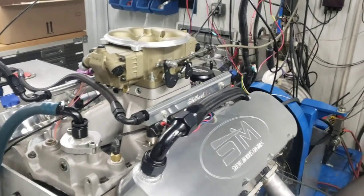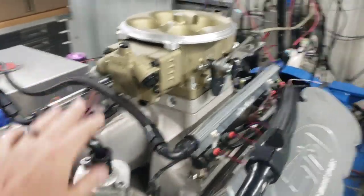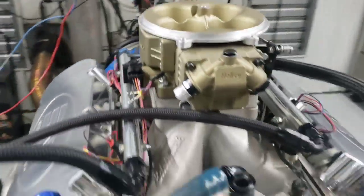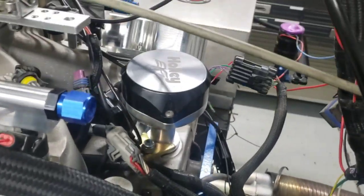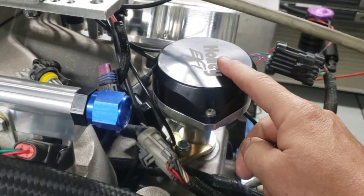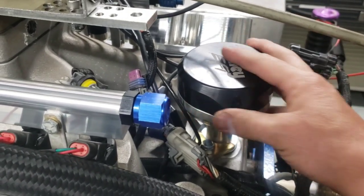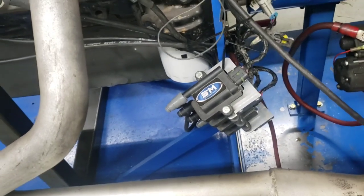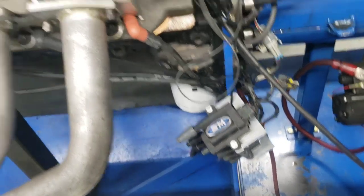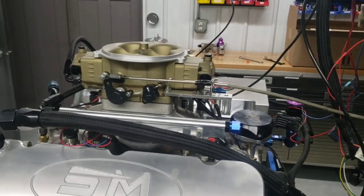Now you can see that everything's still hooked up the same. I haven't changed anything on the fuel or the throttle body, everything's all the same. All we have done is remove the distributor cap off of the Holley dual sync distributor, put their cap on it, which is a nice cap, and hook up smart coils. These are smart coils out of his truck. So everything is exactly the way it would be in the truck now, as far as the EFI system, except